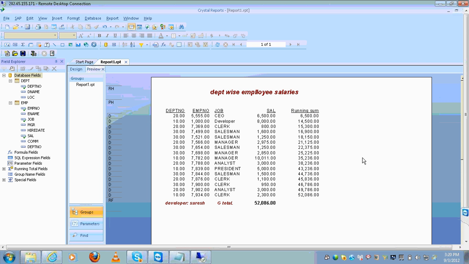So what is the meaning of running sum? Can anybody tell? So the first one, yeah. Second row value will be, yeah. So that is the running sum. Very good. So I am saving this report. Okay. Then,